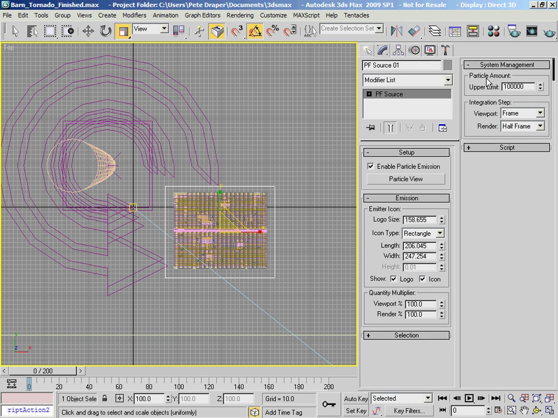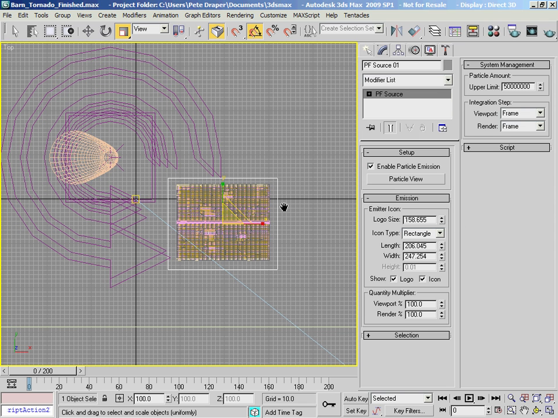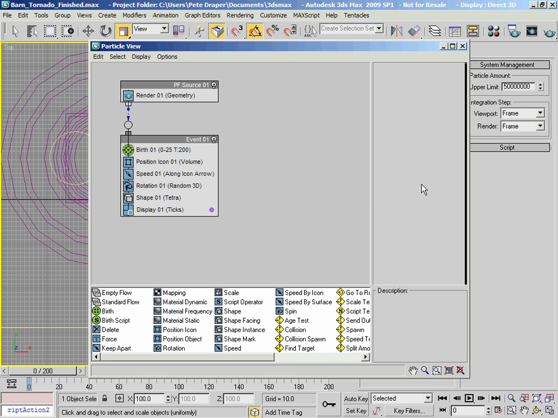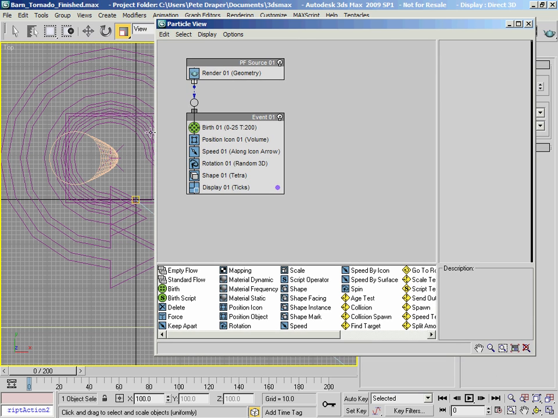In System Management, I'm also going to set the particle amount upper limit to its top end value, which, as I'm dealing with a 32-bit system in this instance, is 50 million particles. The integration step I'm going to set to Frame for the render as well, again making sure that everything is exactly the same. We might not use that, but it's always good to make sure that we've got both for this kind of system. Okay, with that set up, I'm going to scoot into Particle View